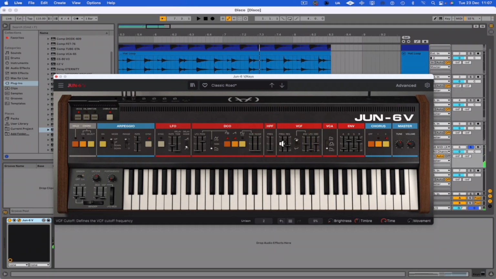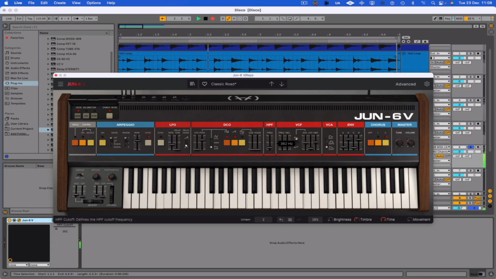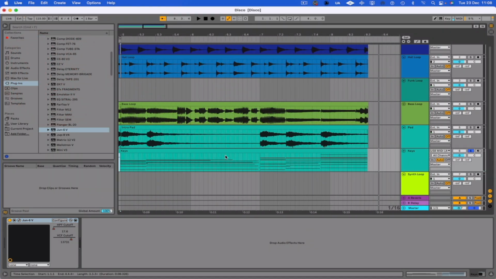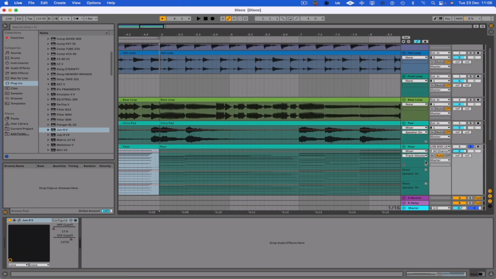So I might play about with that, the VCF there, moving up and down. So yeah, all I've got to do is stick this into record mode and just do it. And then we should, with a little bit of luck, have those parameters recorded. If we now click on either one of the volume or the pan controls and hit show automation, we're now